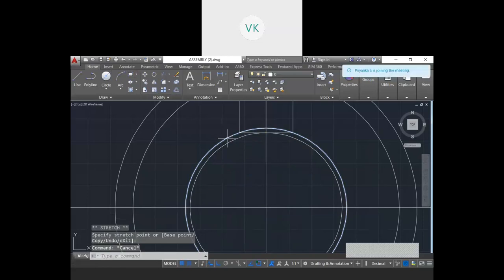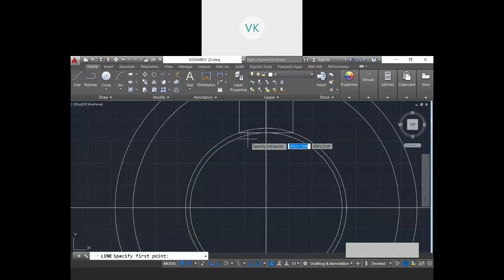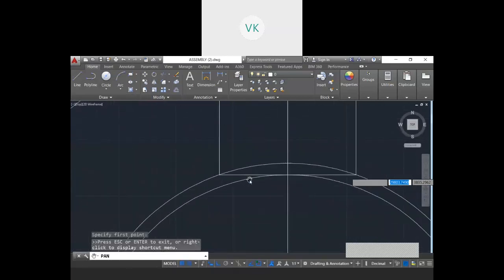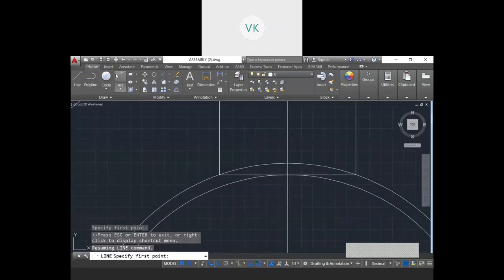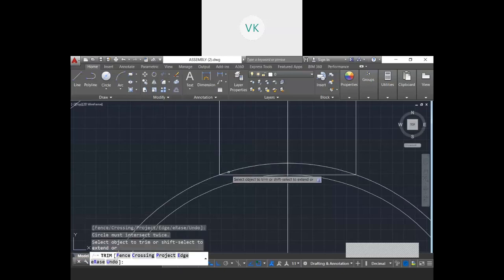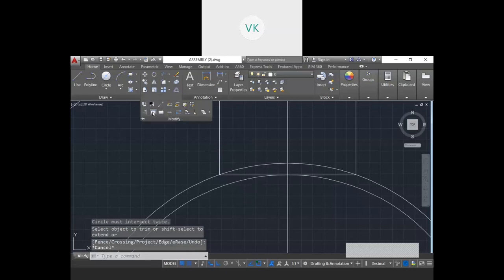Okay, so now here exactly I can make a pole arch at this point. So at this point I will zoom this. So I don't want this part, I can trim this. If trim is not possible, go for break.